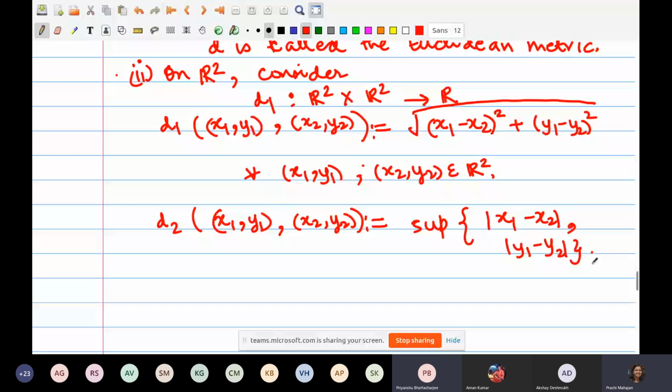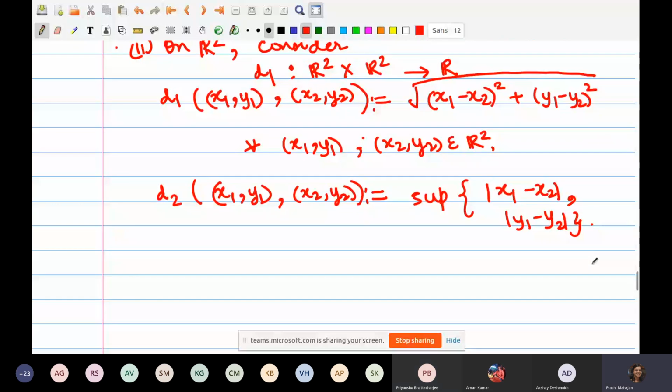There is a certain linkage between supremum and maximum. When are the two the same? When the supremum is realized, then it's the maximum. In this case, it's the maximum, because you're just taking two numbers. So it doesn't matter. Supremum is a little more general concept. Okay, so another one.